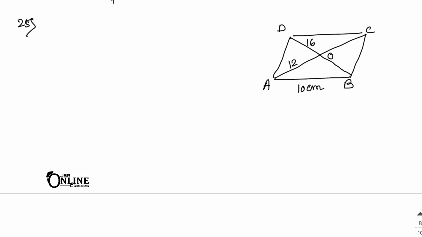It's also very easy. So suppose here in the triangle AOB. In this triangle AB equal to 10, AO equal to definitely 6, because AC equal to 12 centimeter, so AO equal to 6 centimeter, because the diagonals bisect each other. And same as here, BD equal to 16, that means BO equal to 8 centimeter. So this one 6 and this one 8.